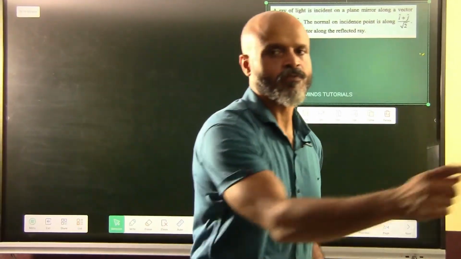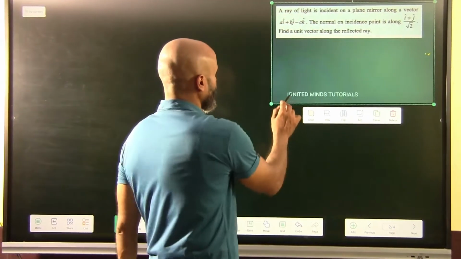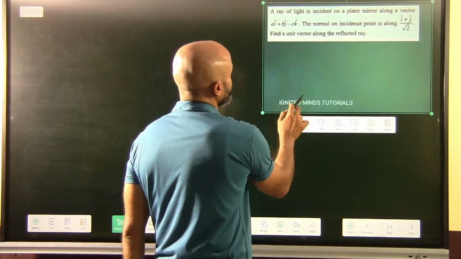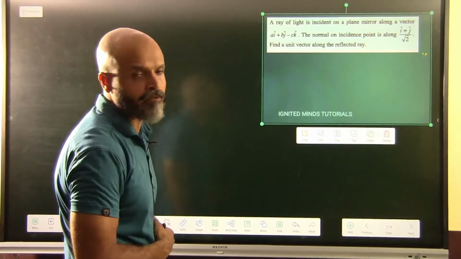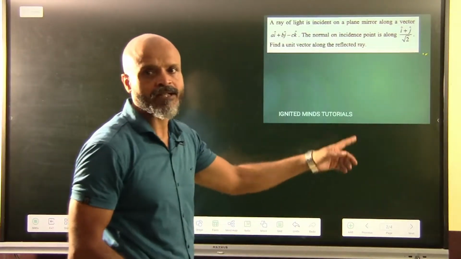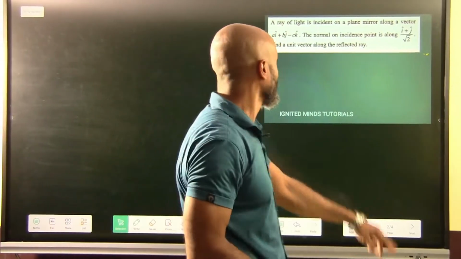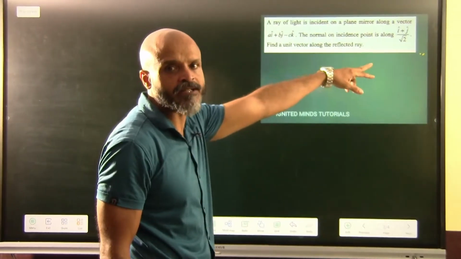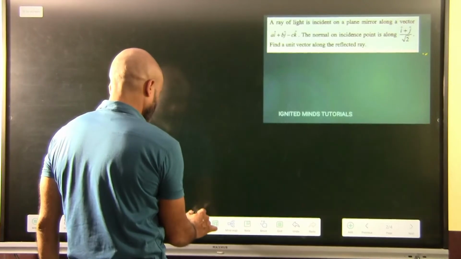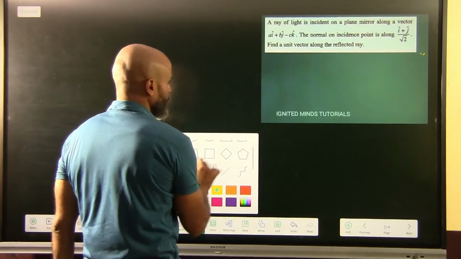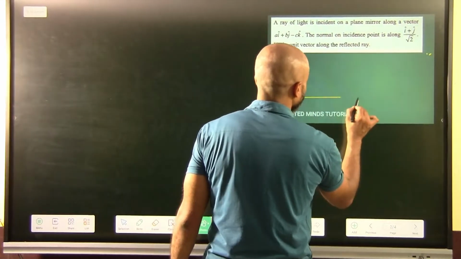Okay, so we have this question here. A ray of light is incident on a plane mirror along a vector Ai plus Bj minus Ck. So, basically the incident vector is given, and the normal at the point of incidence is (i plus j) under root 2. So we have seen earlier in a derivation, the vector form of representation,